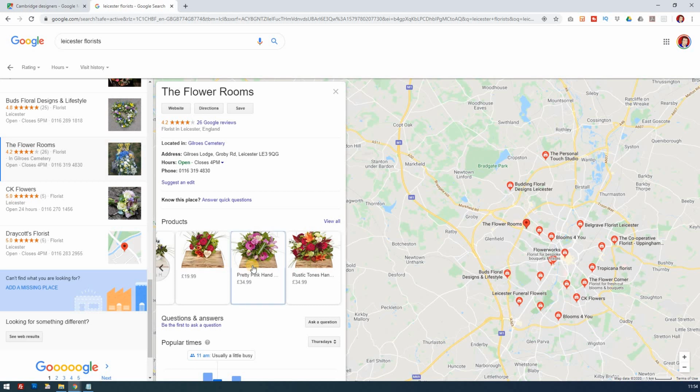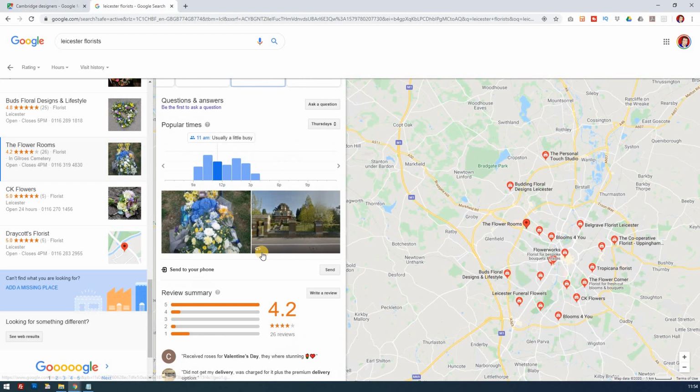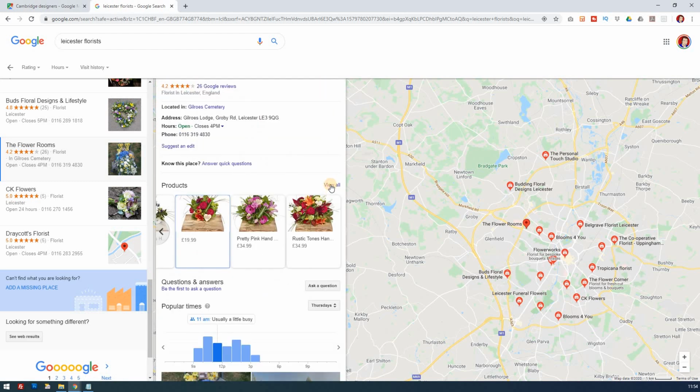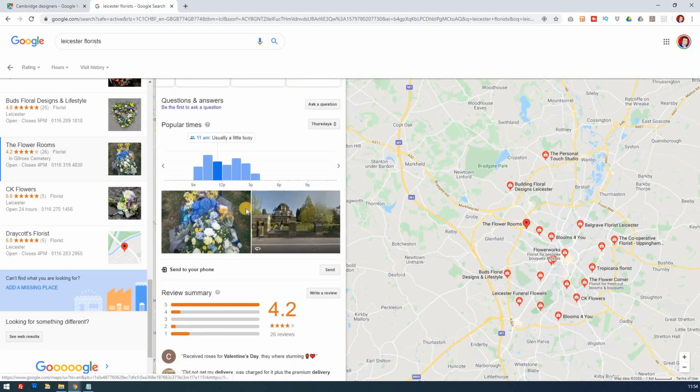Let's just click on a product and see how that comes out. It's a pretty pink hand. Well, that would then take us to, let's see. No, it doesn't. I thought it would open up somewhere. Just try one more. No, so it's literally just showing the products themselves. Let's go view all. This is live and random, so you don't really know what's going to happen, but this is how we're going to learn. So nothing's going to happen there at all.